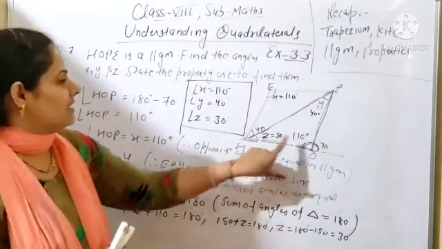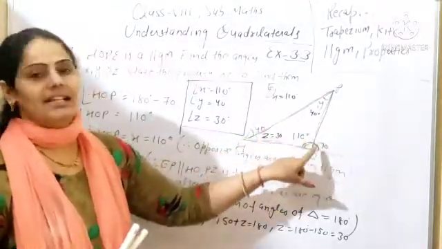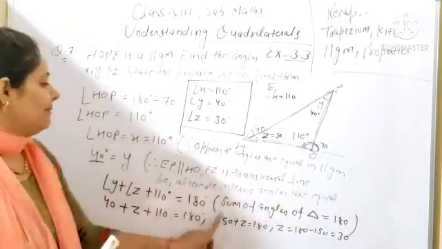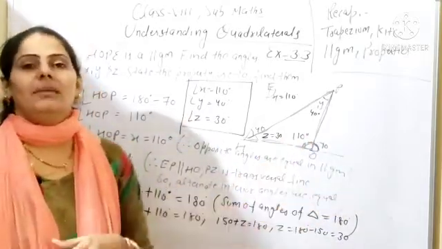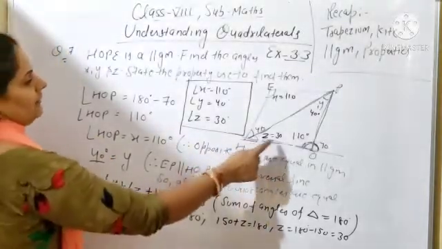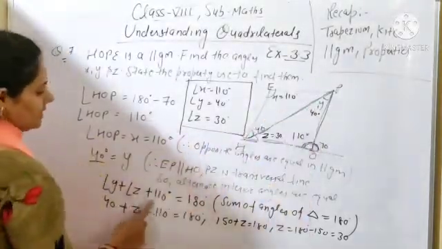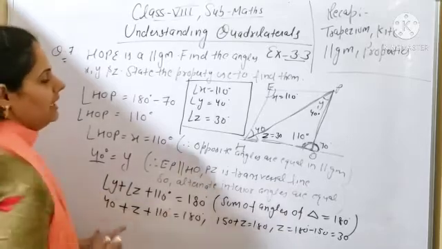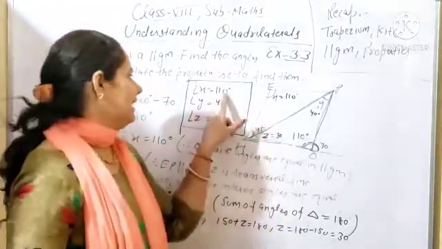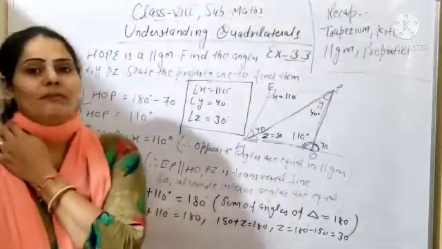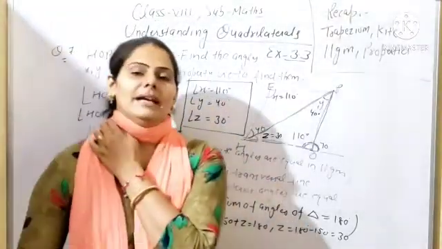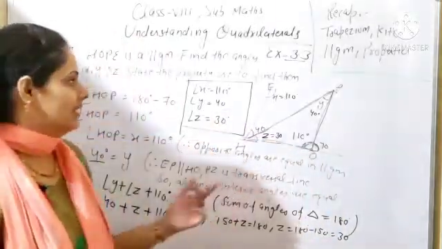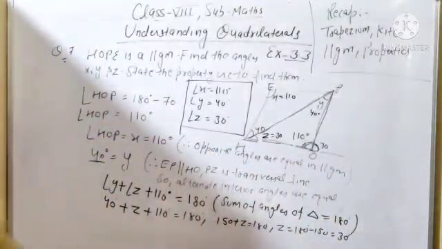Okay, after that you can see this is a triangle. In this triangle two angles are given and one is unknown. So simply you can use the property that the sum of angles of a triangle will be equal to 180 degrees. So Z plus 110 plus Y is equal to 180. So what will be the value of Z, beta? It will be 30 degrees. Okay, so Z will be 30, X will be 110 and Y will be 40. You have to state the property also whatever you are using in this question. Simple question. Okay beta.